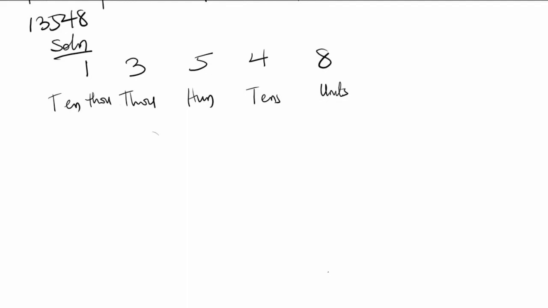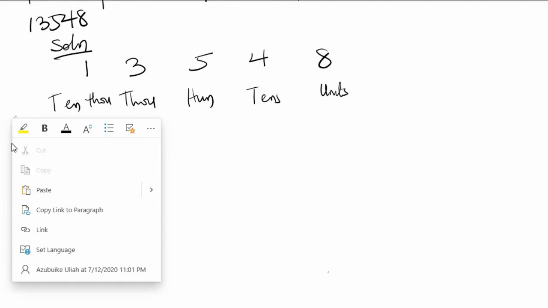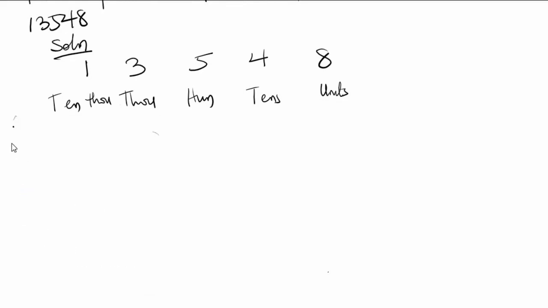From what we have written here, we then go ahead to find the place value of each digit in the number. The place value of 1, the first digit,